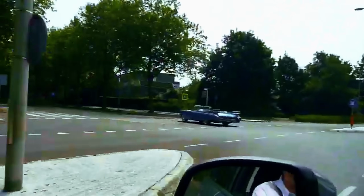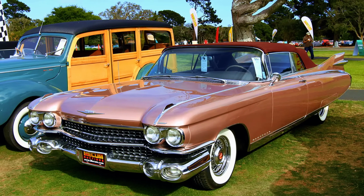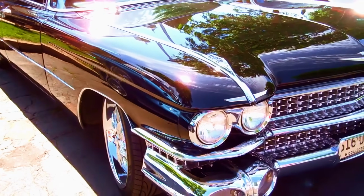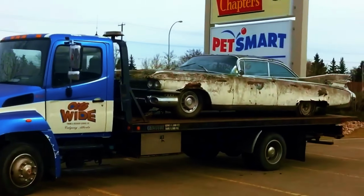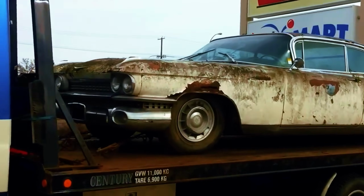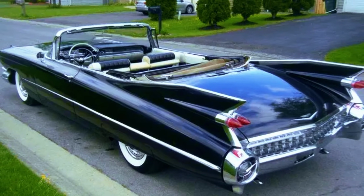For decades, this car has stood as a symbol of both Cadillac's ambition and Detroit's boldness. But while it's admired for its wild styling, it also raises essential questions about the line between design brilliance and excess. Let's examine why the '59 Ritz became legendary and why it marked both a peak and turning point in